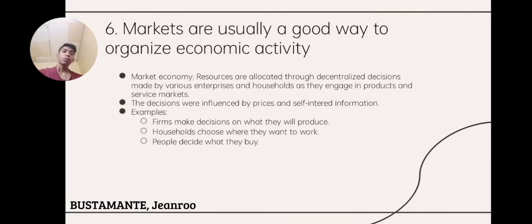The sixth principle of economics is that markets are usually a good way to organize economic activity. Many countries used to have centrally planned economies, but they are increasingly transitioning to market economies. In a market economy, decisions are made collectively by millions of households and firms. Households decide where they'll work, and firms decide who they want to hire and what to produce. These two parties interact in the market economy where decisions are guided by self-interest.